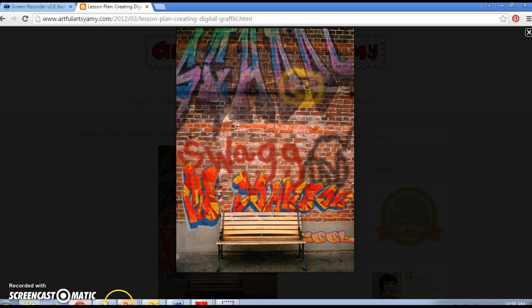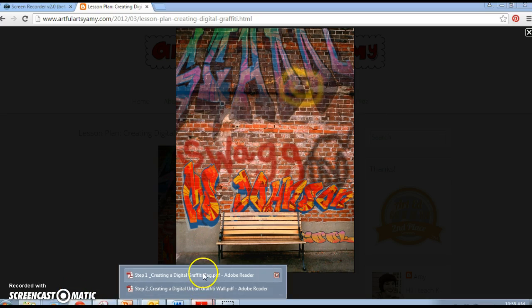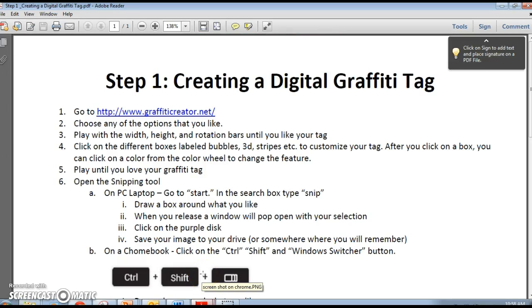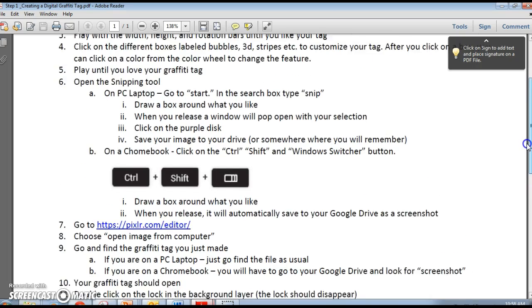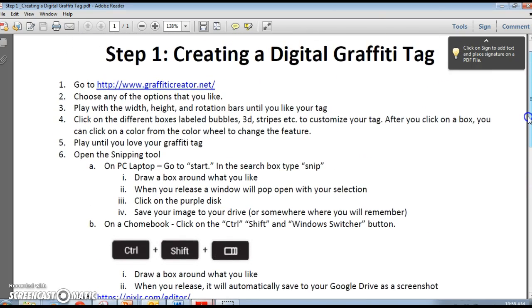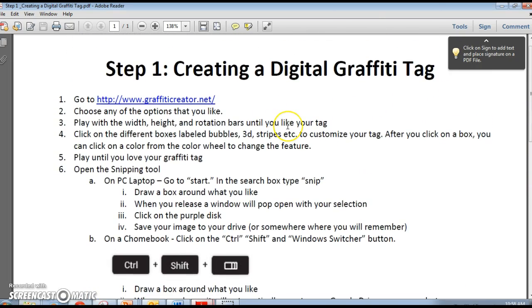The first thing you want to do is go look at our directions, step one, creating a digital graffiti tag. These directions should be in your Google Classroom. It looks like a lot of directions, but that's because I typed in every little tiny thing you need to do, and a lot of it is super easy. The very first thing you're going to do is click on graffiticreator.net,